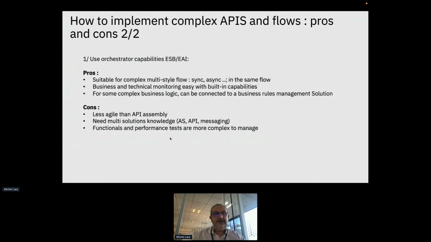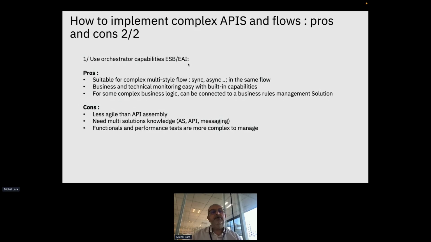And of course, the second solution is to use an orchestrator capability: an ESB, an EII, etc. The pros: it is suitable for complex multi-style flows, of course. Synchronous, asynchronous, messaging, in the same flow. You will see it in several minutes.